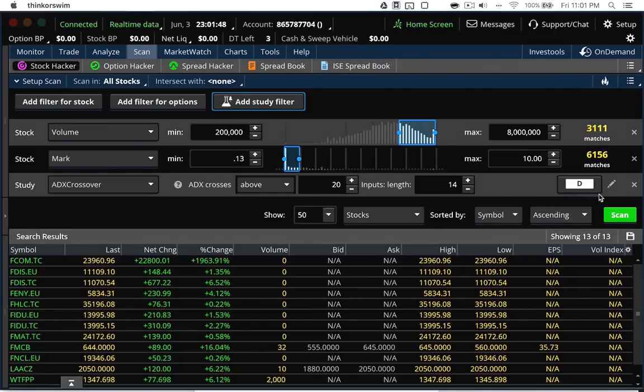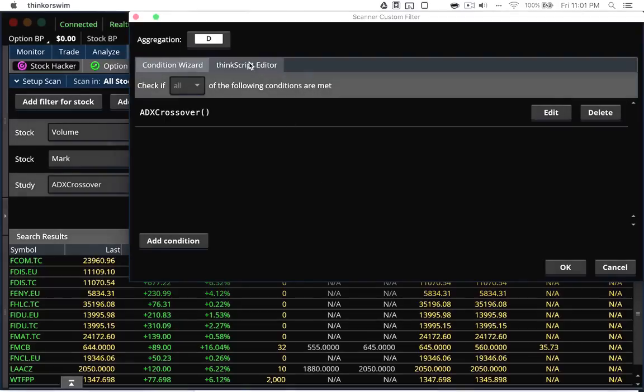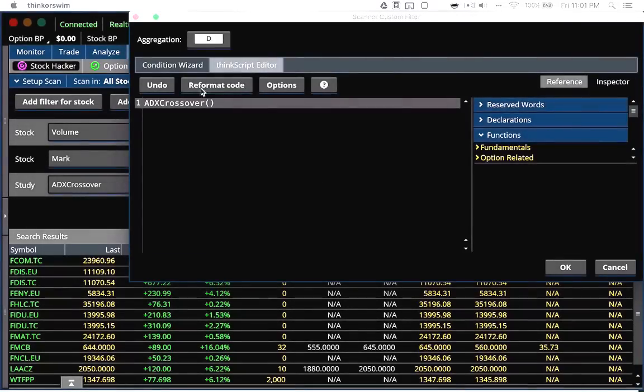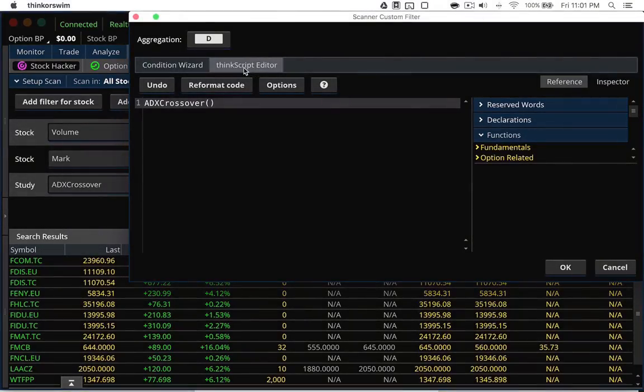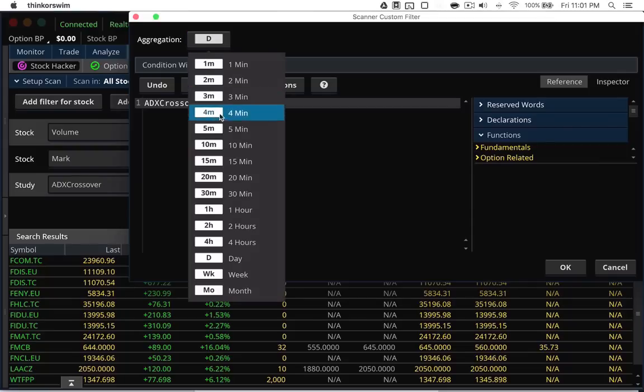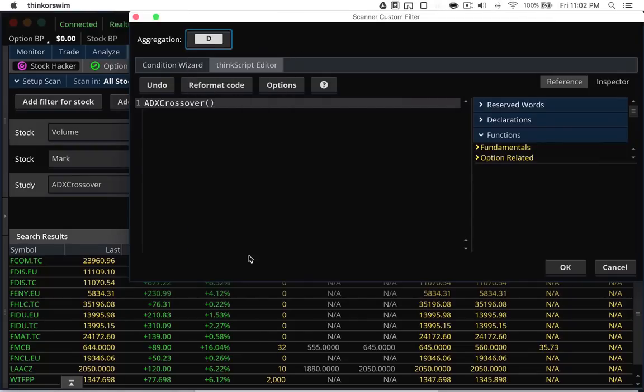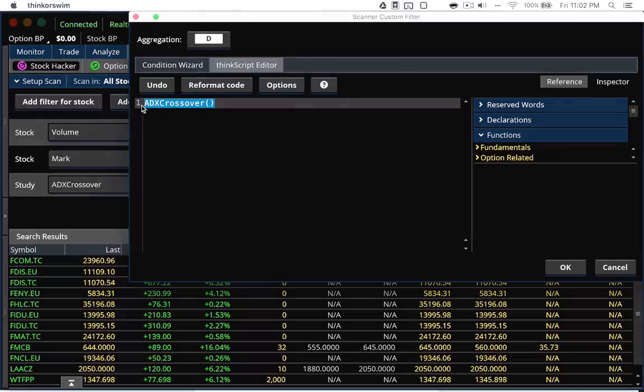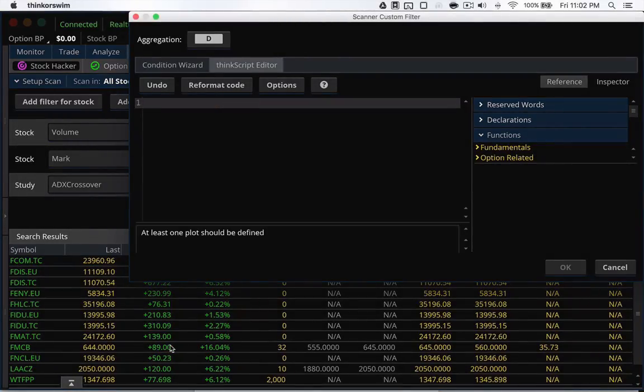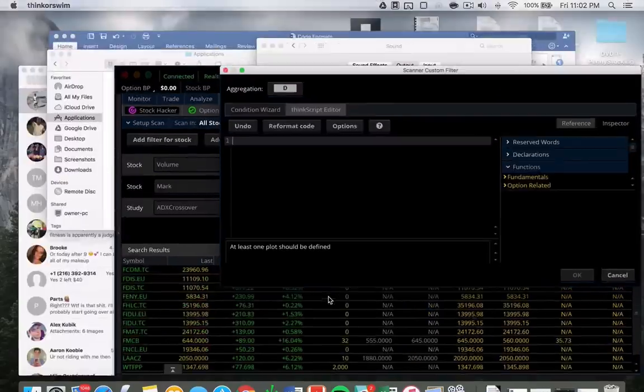What you want to do with this, you want to select this little pencil. Okay? And you're going to hit Think Script Editor. Okay? And once you do that, just select Day on this first one here. Now what we're going to do here, we are going to look for the potential or the stocks that are